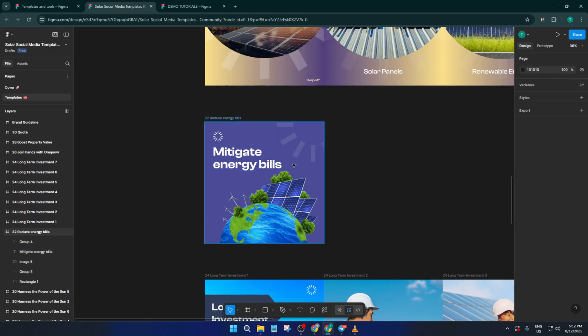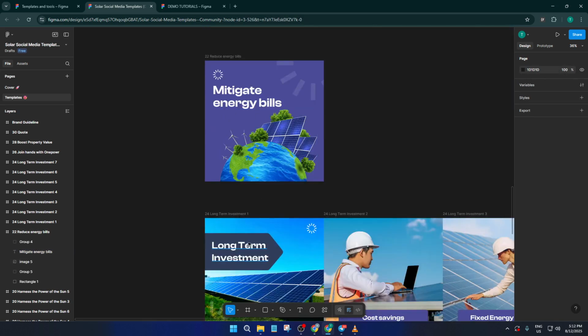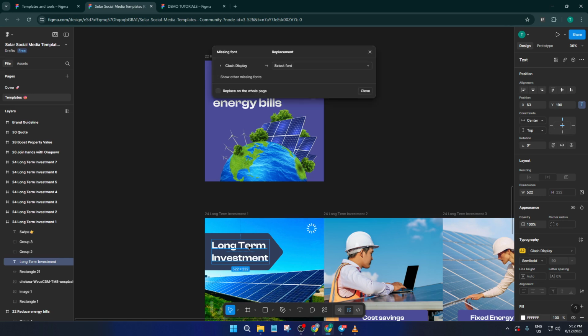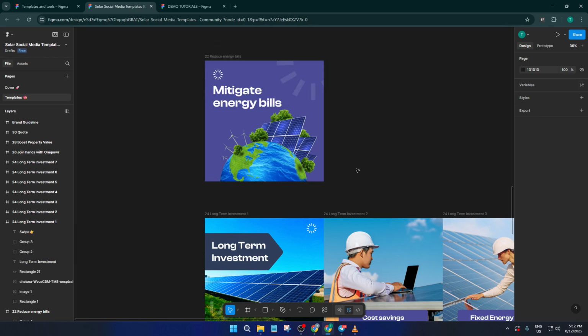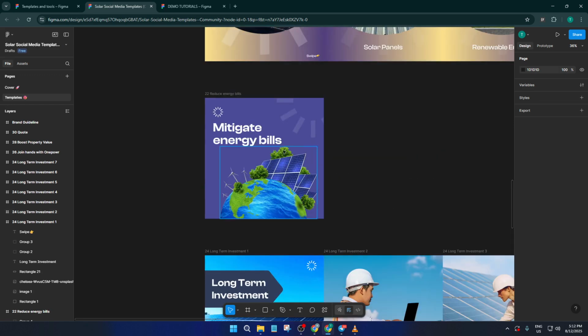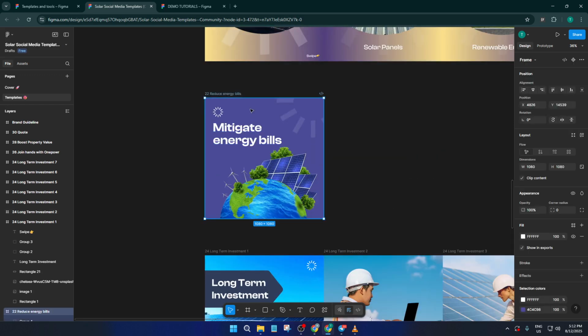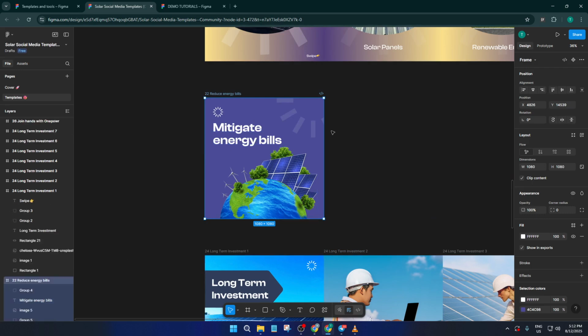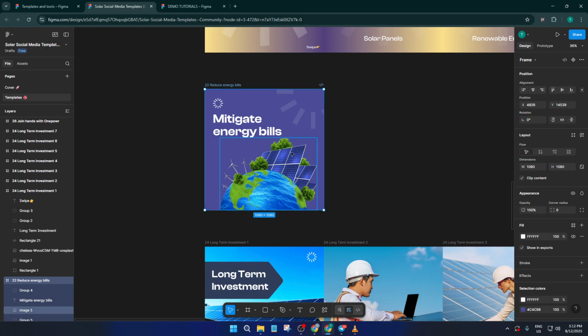If you swap colors and it looks wild, you can always undo or try something else. Little tweaks like adjusting the size of the logo or shifting the layout can really make your post stand out. If you're new to Figma, just remember, everything is flexible and no choice is permanent. Take your time and use the alignment tools for a professional look. Once you're happy with how your graphic looks, and honestly, it's okay if it takes a few rounds of fine-tuning,